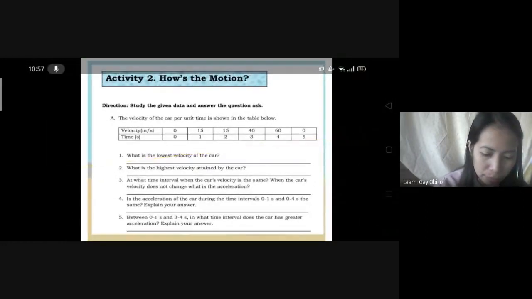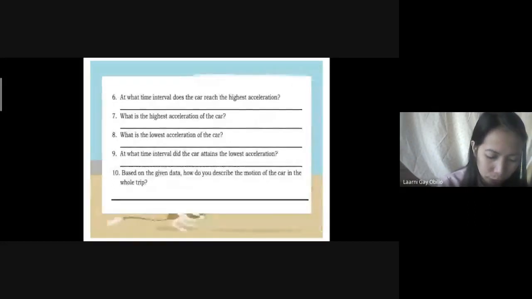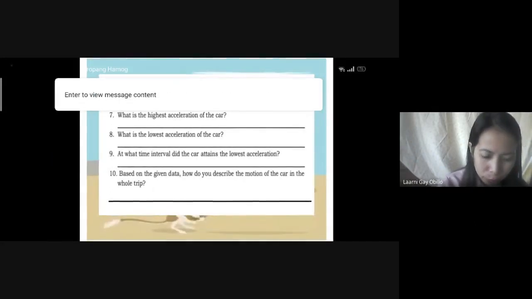Kapag dinivide natin yung velocity divided by time, okay, 60 divided by 4, that is 15. So, it has the highest acceleration. Correct si Miguel. And since pareho din yun sa first 1 second, so yung first 1 second din has the highest acceleration. Okay, next. For number 7,